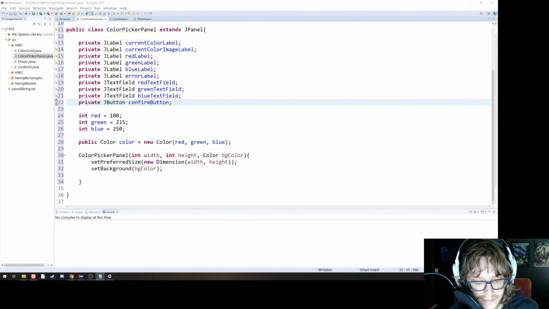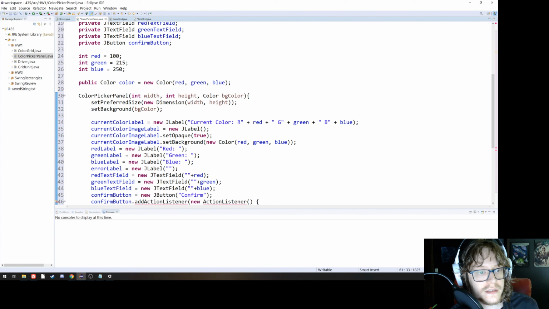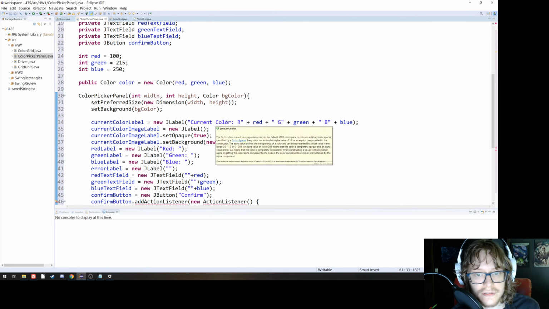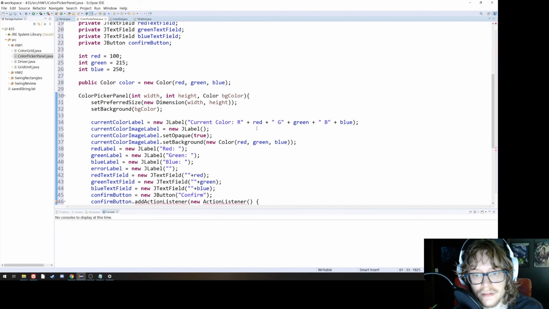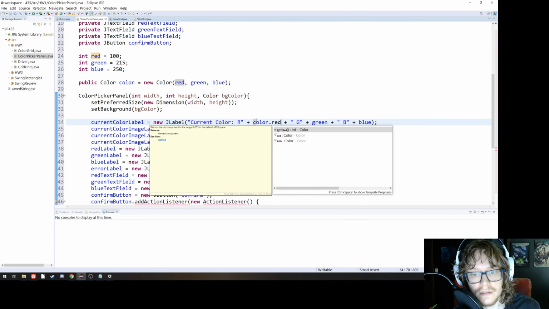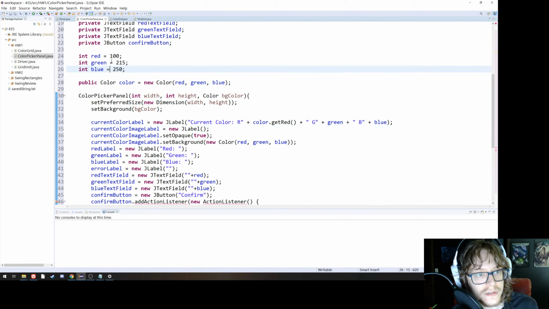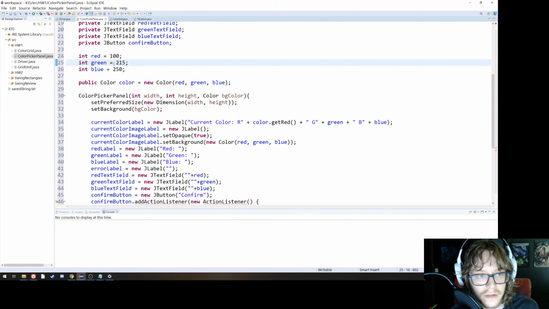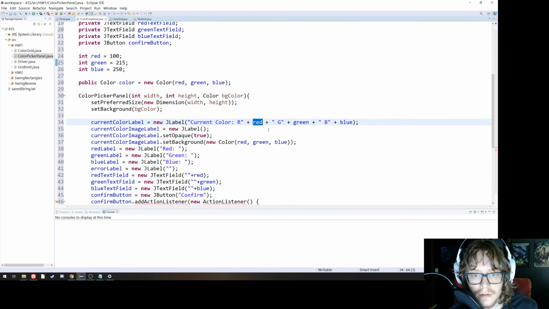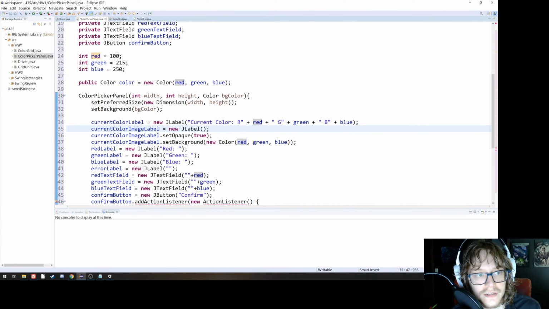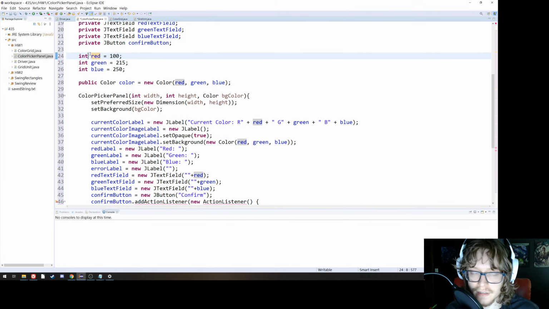Okay, and I'm going to set up the labels and everything here as well. I'm going to copy that in, and we'll just go over it for a second. So the current color label is the one that says the current color is, and then the red, the green, and the blue values. If you didn't want to have a red, green, and a blue variable, you could have accessed those values like this with color.getRed or something. So you actually don't need these three variables here, but it can help to keep track if you want them. Okay, I would actually say it's better not to have them, because then there's less chance that these don't match that. Okay, you might not necessarily have the same red in your color as you have up there, and that